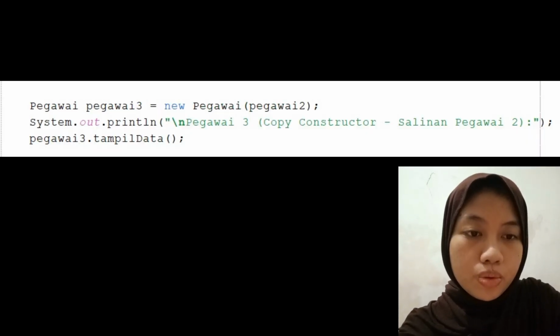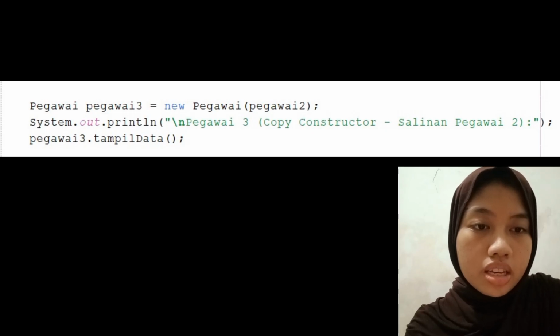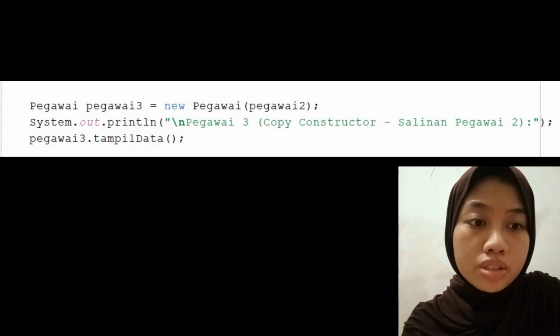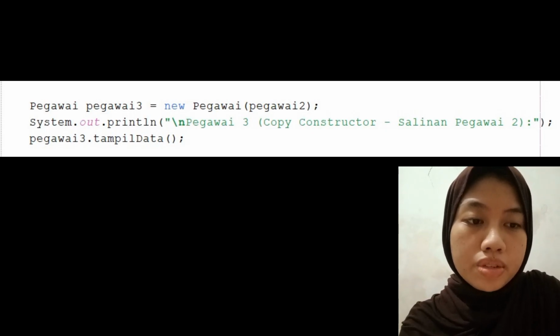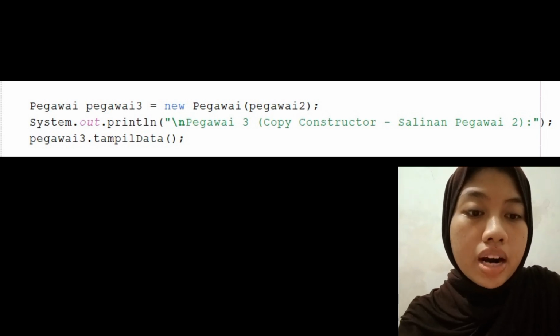And next is the parameters constructor test. In this code, the employee2 object is created using new Employee Jopintar Ahmadias, 101, and IT development, where the name, ID, and department are immediately initialized.